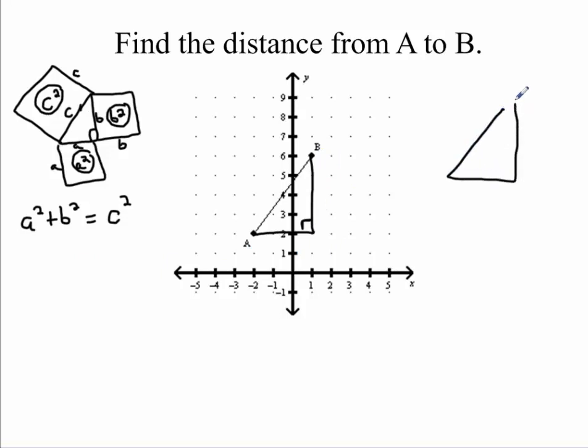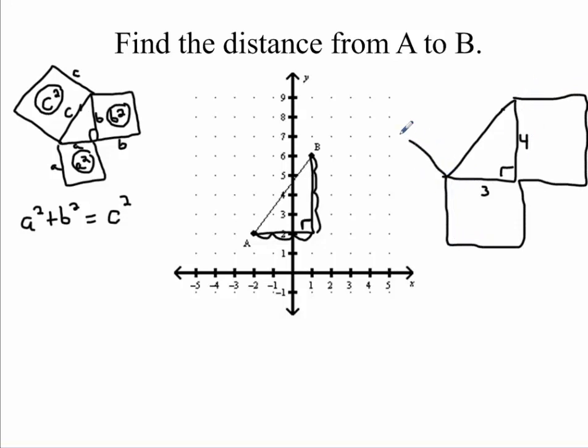And since I have a right triangle, I can use that relationship. So I'm going to redraw this on the side, and I look at the distance from here to here. So from my base of my triangle, I count it. This is 1, 2, 3. So that's a length 3. And this length here would be 1, 2, 3, 4. So that's length 4. And if I apply Pythagorean theorem, I'm going to make my squares,